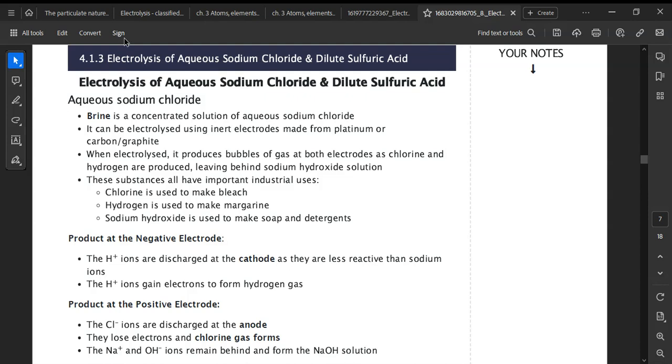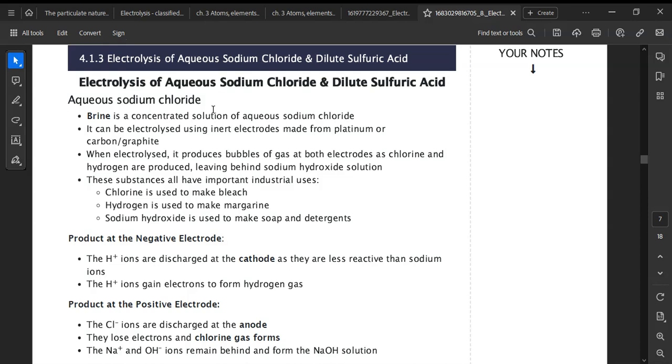behind sodium hydroxide solution. These substances all have important industrial uses. Chlorine is used to make bleach, hydrogen is used to make margarine, sodium hydroxide is used to make soap and detergents. The product at the negative electrode,